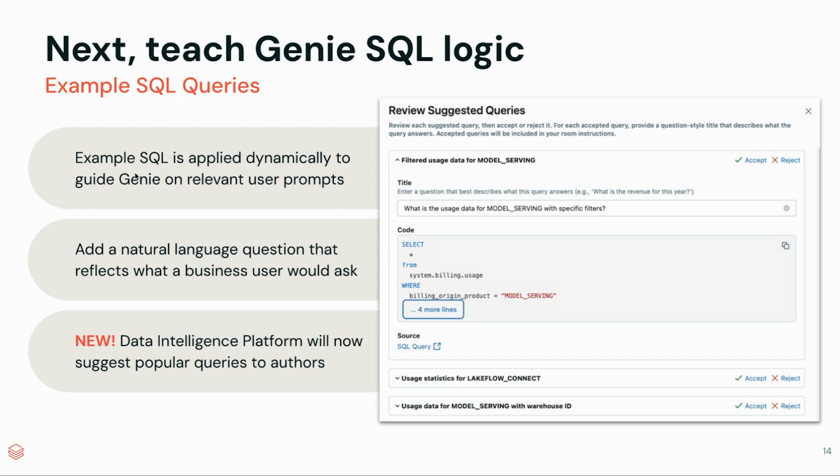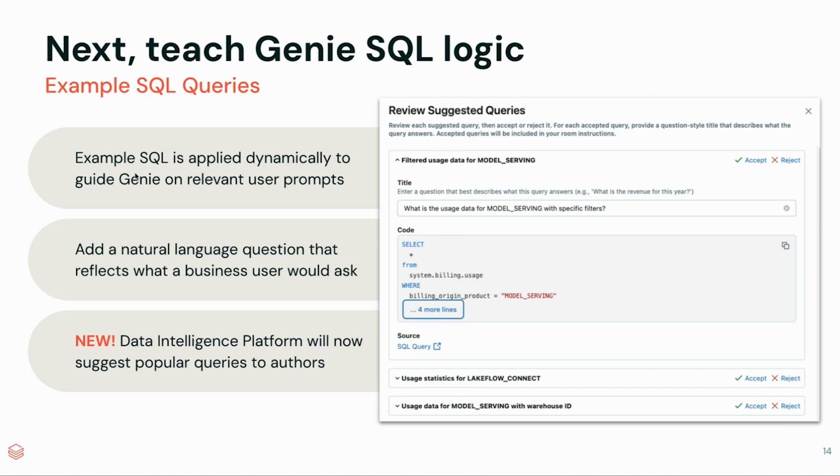And to teach Genie this, authors can add in example SQL statements. Example SQL statements can then be associated with the natural language business user question, and then Genie will dynamically apply that as context. So if I add an example SQL statement for "show me sales over X amount of time," that context will be applied only on relevant user questions,